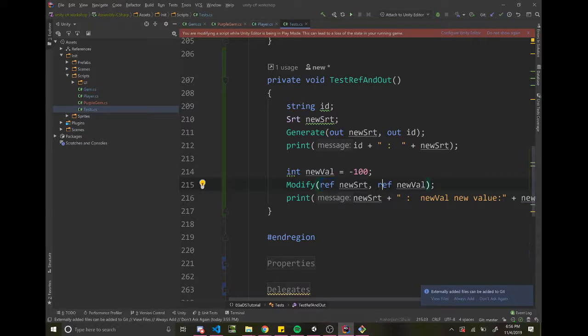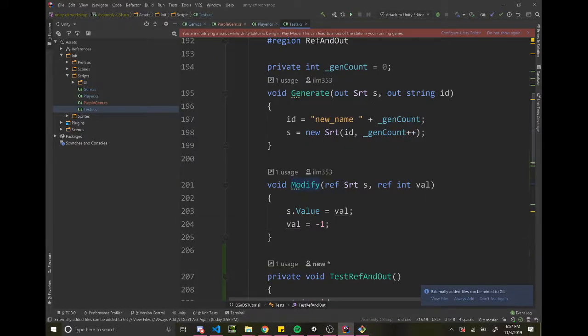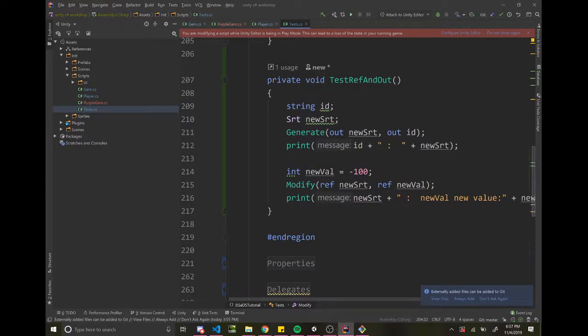And ref works in a similar way, except it doesn't insist that it's empty beforehand. So out requires me to have no values in there beforehand. It has to be an empty variable. Ref lets me pass in whatever I want. It can already have a value, and it'll change the value. So I could pass in the int 123, or I could have new val equals negative 100 here, and then whenever I pass it to modify it will change it to -1, and then it'll print out -1 here because the value is now changed. So that lets you have multiple returns, mess around with that type of thing,